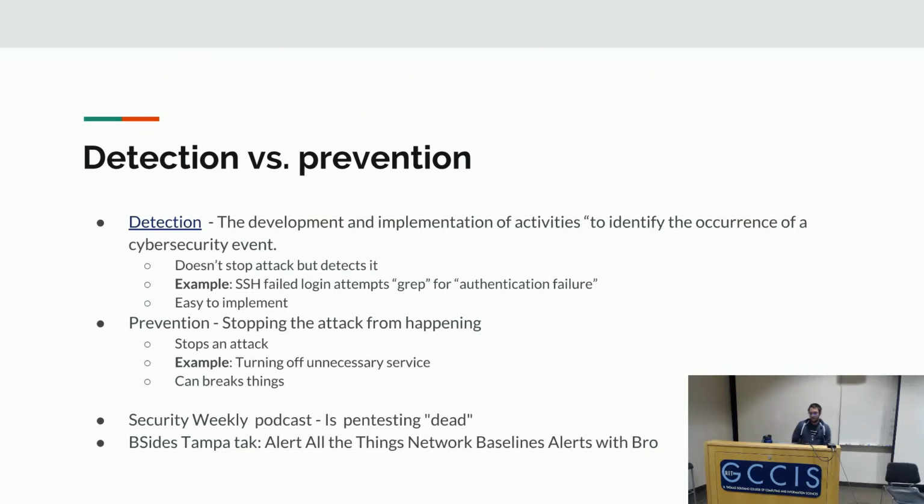The second thing is this BSides Tampa talk, where this guy talks about getting a baseline of his network with Bro. His current network didn't really have any firewall rules allowing things in or out. They had some good rules for incoming traffic, but they weren't really assessing the traffic that was leaving their network. So what he did is he set up Bro, and he monitored his entire network for 6 months. And then he went to the networking team and said, hey, for the past 6 months, this is all the traffic that's been going out of our network.